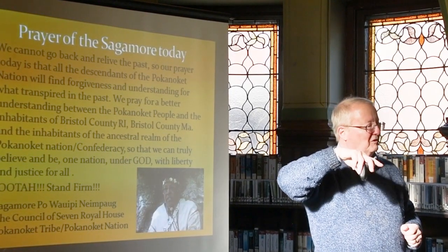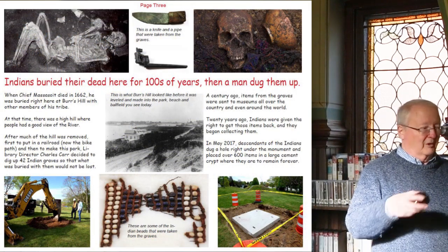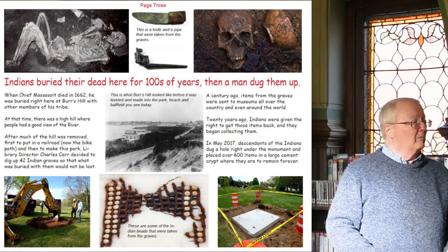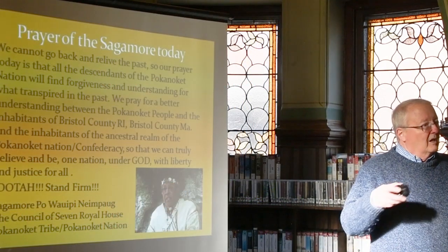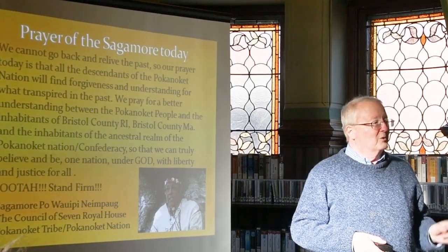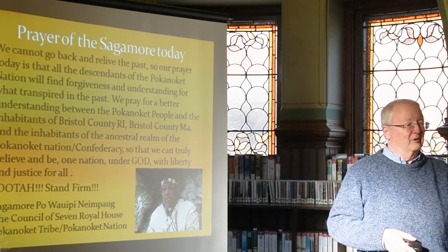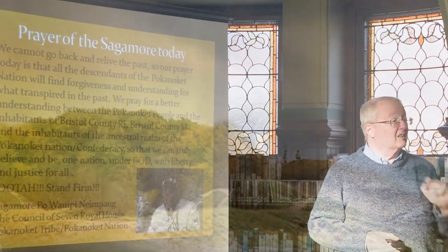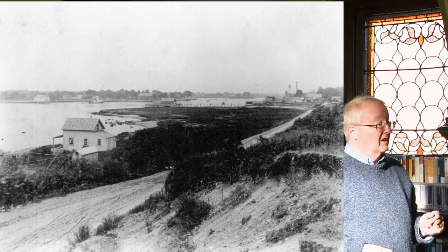Well, starting in 1854, as they were digging, they began finding skeletons and burial objects, ceramics and pots and one thing or another, but had no idea what they were. So people would take things home or whatever. It wasn't until 1913 when the director of this library, Charles Carr, who was an amateur archaeologist, decided that he was going to do something about that, got permission from the railroad, which had owned Burrs Hills, plural, because Burrs Hills at the time was just a series of gravel mounds over there, and got permission to dig